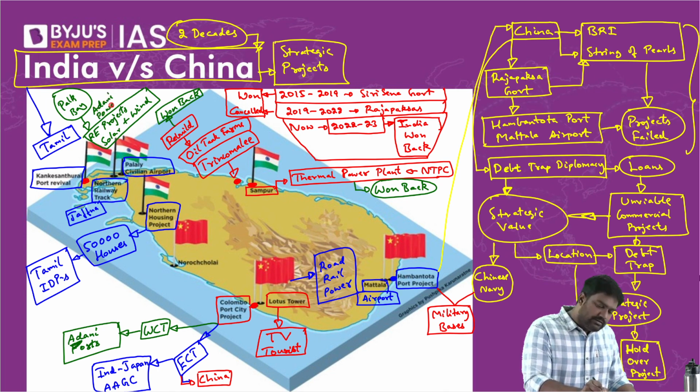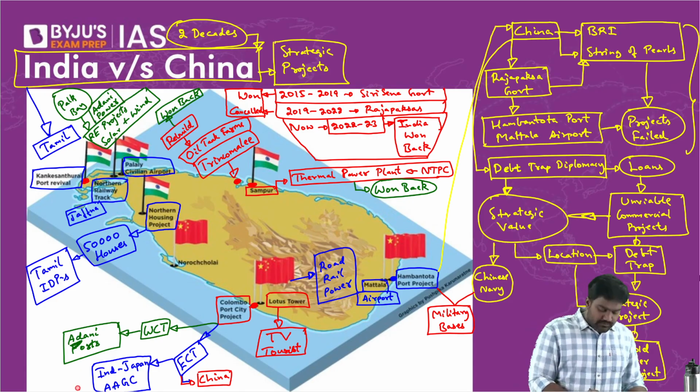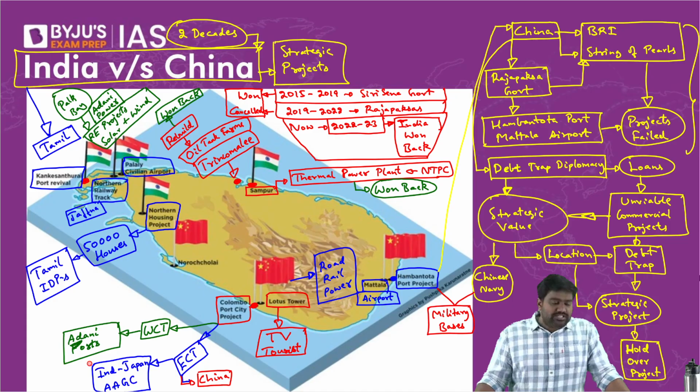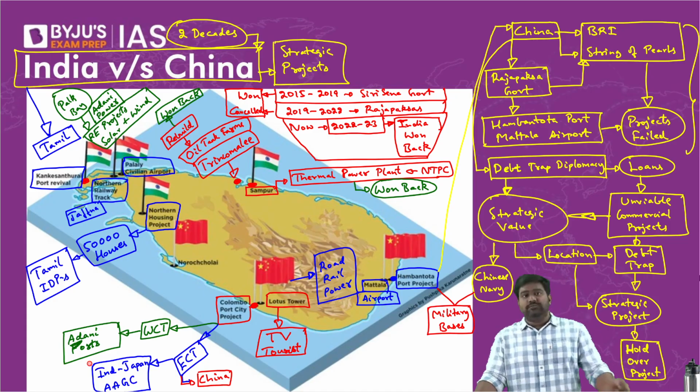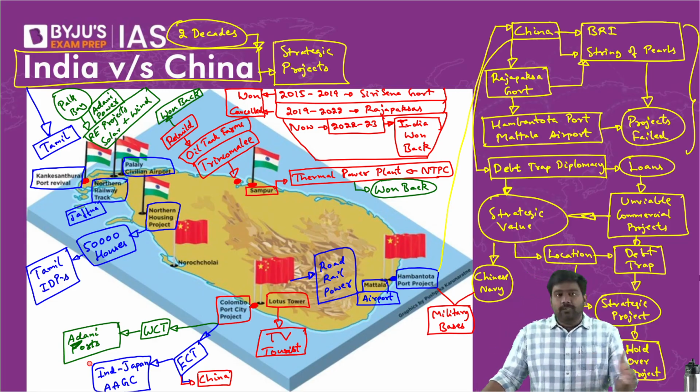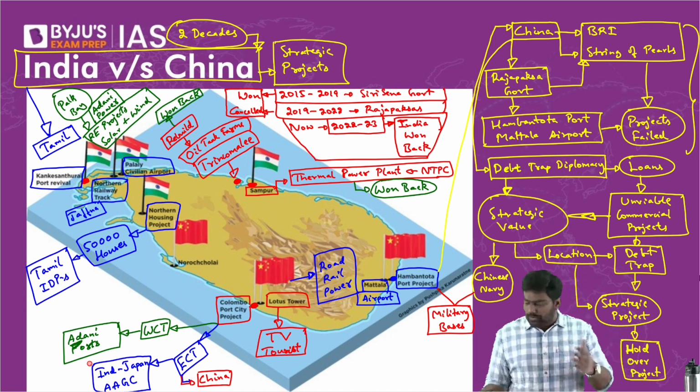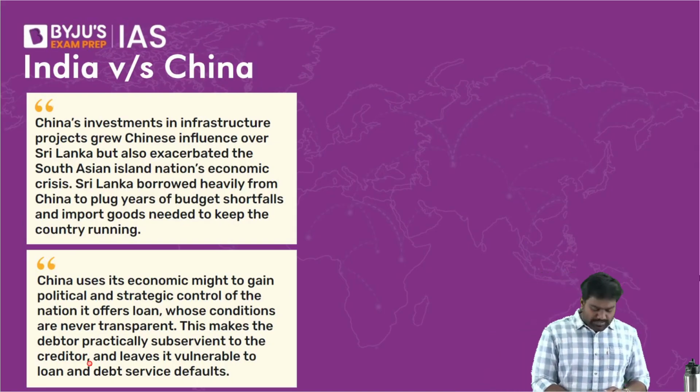Is that clear? It was given to a Chinese company by Rajapaksa brothers, but now it has been taken back following India's strong opposition. We were concerned about the security risk of allowing Chinese companies operating so close to our coastline, right? That too in a strategic area along the maritime boundary line. So now the Chinese involvement has been cancelled and India's Adani Power has won this project to set up solar and wind projects in the Palk Bay region. So this is a basic idea for you about the India-China competition, right? How we try to compete with each other for influence.